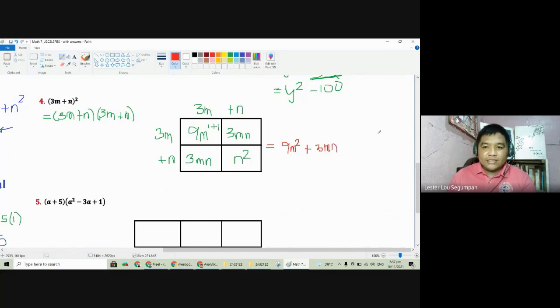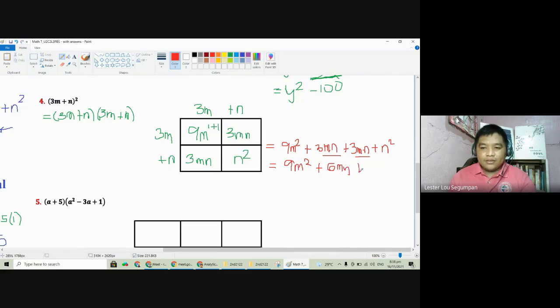Any of the two, they are just the same, so they could be interchanged, 3mn. And then finally, n squared. We have the same literal coefficients mn. We could combine the second and the third term, 9m squared plus 3 plus 3,